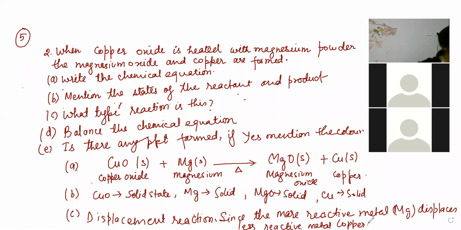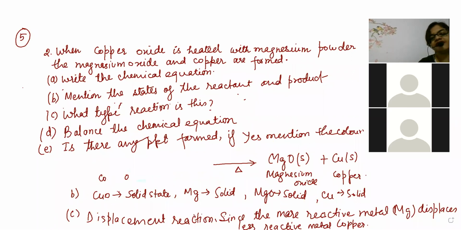Super Arif. Displacement. But why displacement? Because the more reactive metal magnesium displaces the less reactive metal. Super. You have compiled everything. And then answer D he has also given completely. He balanced it. So let me write answer D, A, B, C. You've understood now how to represent A, B, C. Displacement reaction says the more reactive metal magnesium displaces the less reactive metal copper. Very good. So now next one is